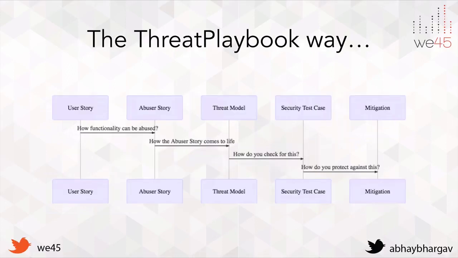So Threat Playbook essentially allows you to capture all of this as code. So you can capture this in a completely automated way, and you can even run automations from Threat Playbook and link them back to the threat models. And it becomes much easier for you to be able to manage threat modeling rather than create massive Word documents that are then converted into PDF. In this case, you can keep this as code, you can check it into GitHub, you can add iterative functionality to it. It becomes much easier to manage.